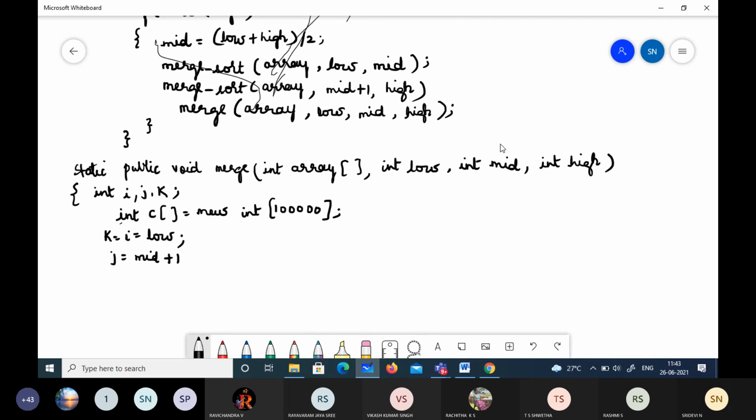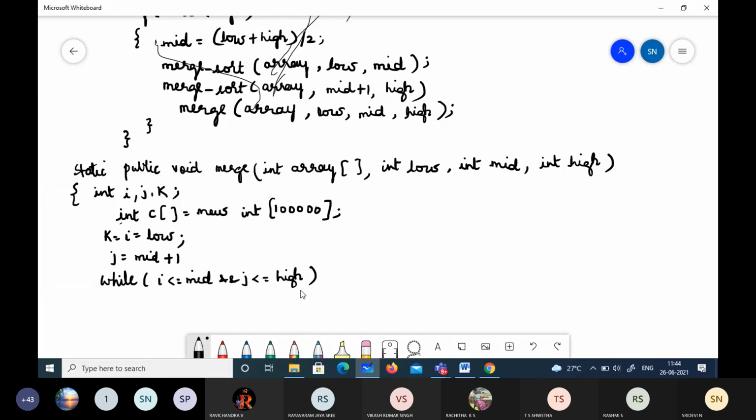Till half we have an index I which points to the first element, and after that, J points to mid plus 1. Now we compare and merge it. It was well explained with the recursive tree. If you remember, with the index you had written, it works the same way. So while I is less than or equal to mid and J is less than or equal to high.